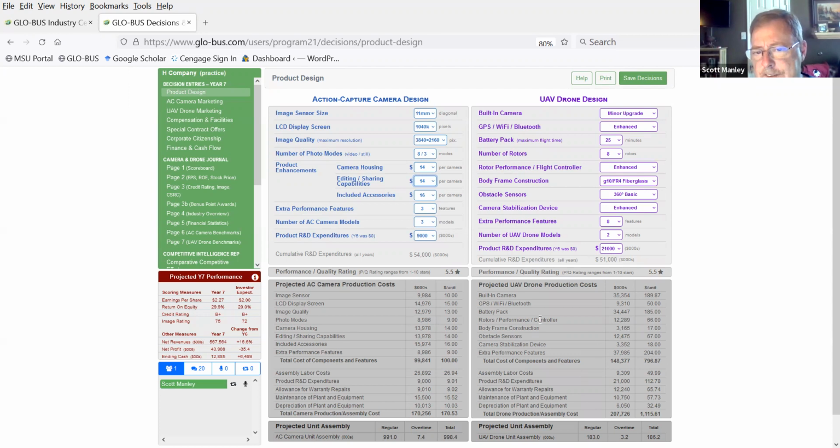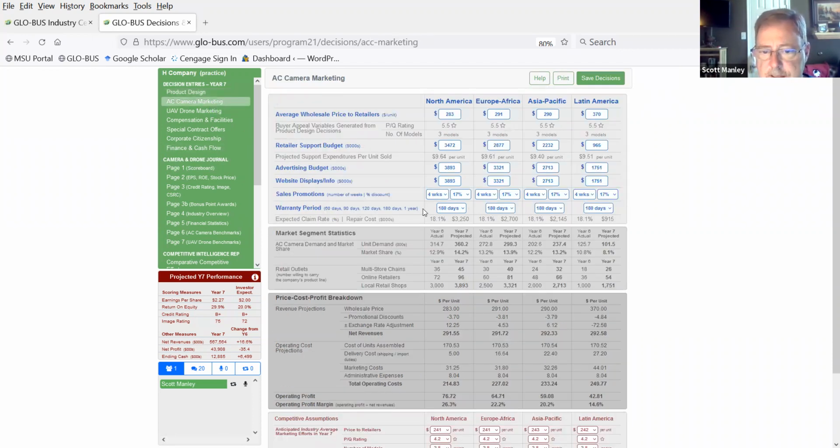So that's $1 cheaper for my camera than it had been. And I want to be confident that I'm making my drone as cost effectively as I possibly can. I've picked the improvements over here that I know are important. My customers, and your participants guide will tell you this, have a preference for a drone that'll stay in the air longer and fly further. So I've made my adjustments over here based on that, okay? And I just want to run through and look at everything again.